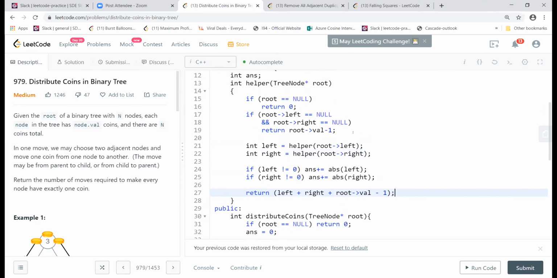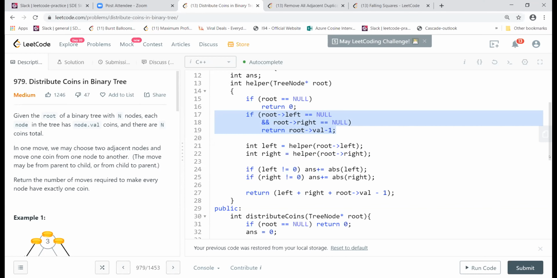The only extra thing I'm trying to add, because I understood this slightly better the way you are describing: earlier you said that you should traverse to the lowest node, the leaf node, and then return the value. So then it keeps on pushing up the movements, whatever the extra coins are, to the upper layers.